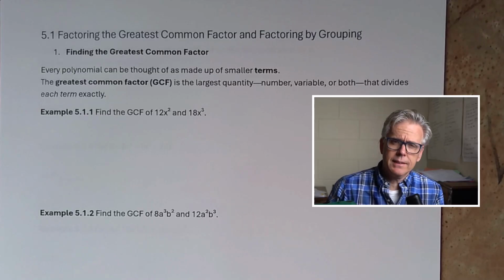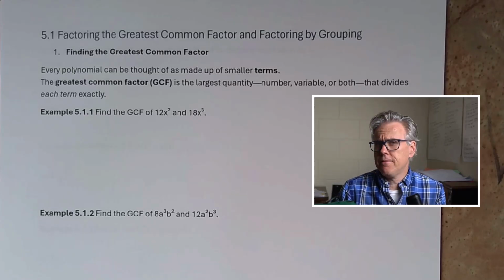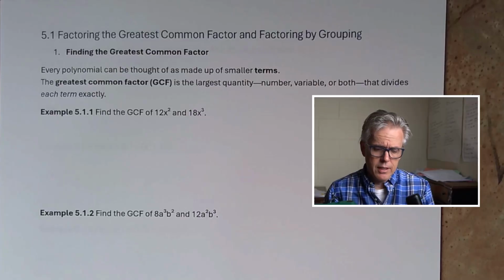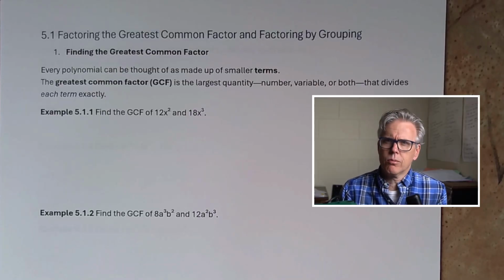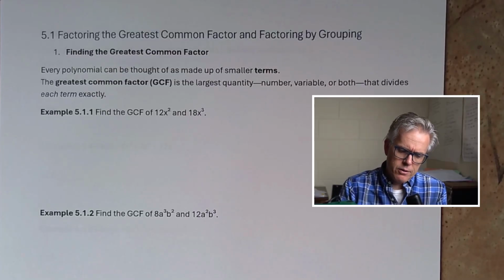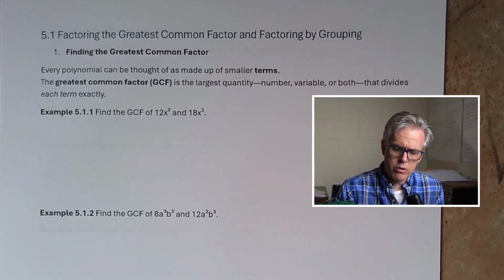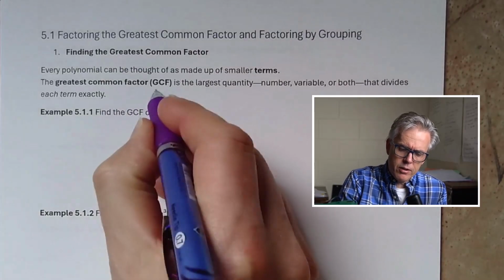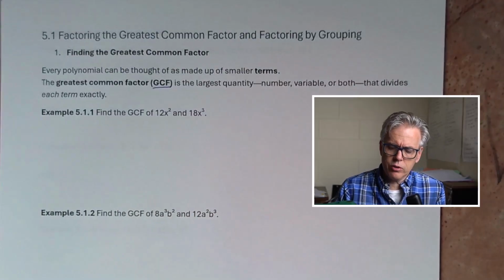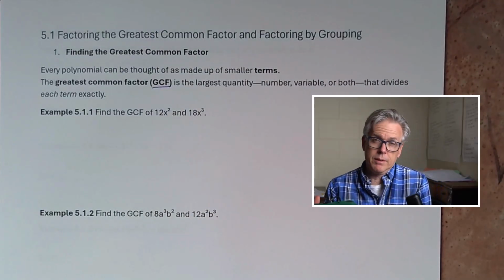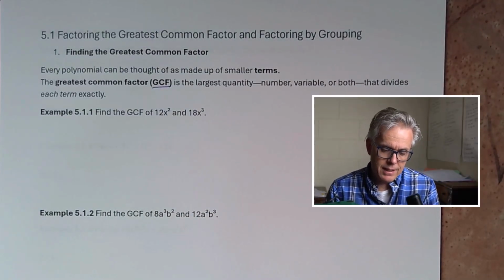Right. In this unit, we're going to start looking at factoring polynomials. So we begin by looking at the greatest common factor. So find the greatest common factor. Every polynomial can be thought of as made up of smaller terms. The greatest common factor, abbreviated GCF, is the largest quantity, the number, variable, or sometimes both, that divides each term